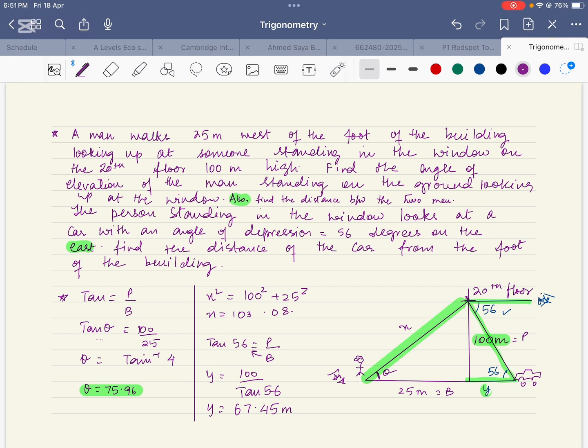You have to remember one thing, that some calculators do not proceed with the calculation unless you close the bracket after writing tan. For example, when you press tan, a bracket opens on its own and you write tan 56 and you press equal to, it will not work unless you close this bracket. Some calculators do work even if the bracket is not closed, but some don't. So be careful about that and don't panic if you're not getting the answer.